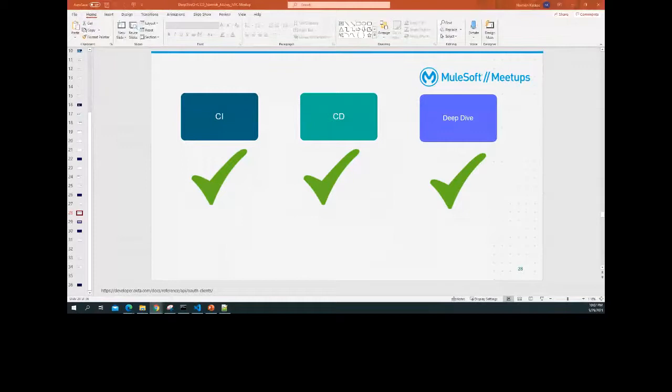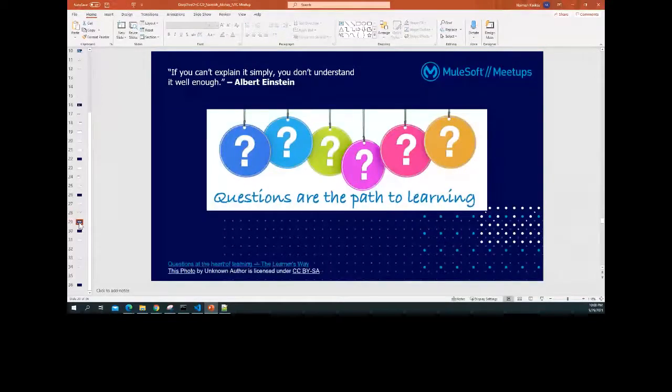Yeah, we can. Okay. So far what we have seen is CI, we have seen CD, we have also done a deep dive across all the topics. So far, I think it's 10-7, Neeraj, and we can open the floor for questions for now. And post that, let me know, I will be your navigator, and you can tell me when to switch the slides. Yes, please be careful in switching the next slide.